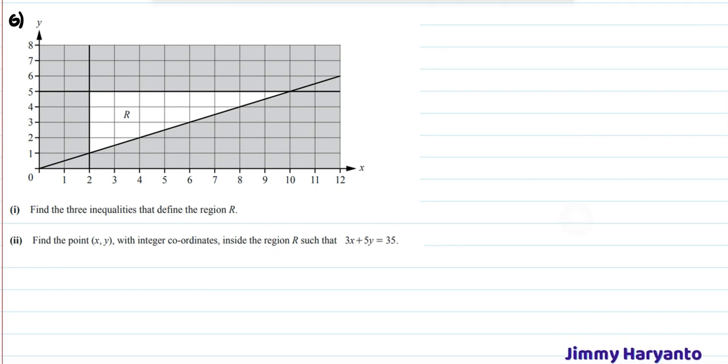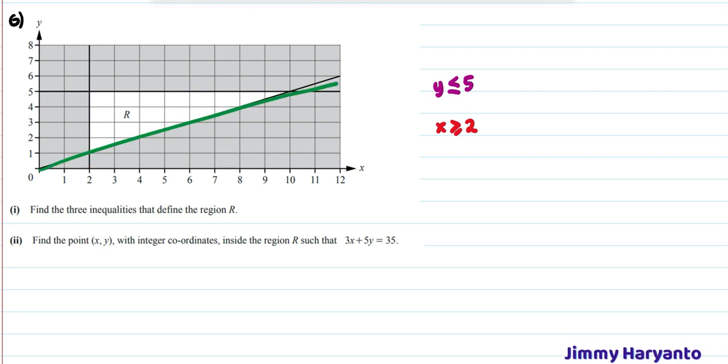And the last one is question 6. For question 6, I want to start from this one. Horizontal line at 5, that means y equals 5. And the region is below the line, that means less than. It's a straight line, that means you have to put equal to. Next is this one. Vertical line at 2, that means x equals 2. The region is on the right side, that means greater than or equal to.